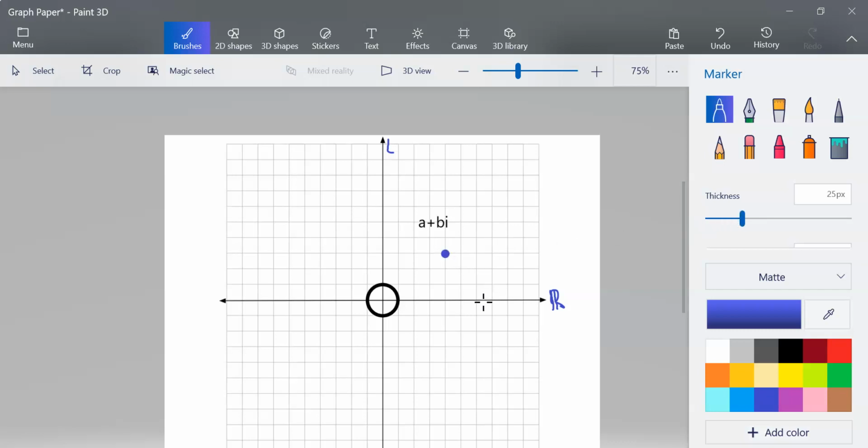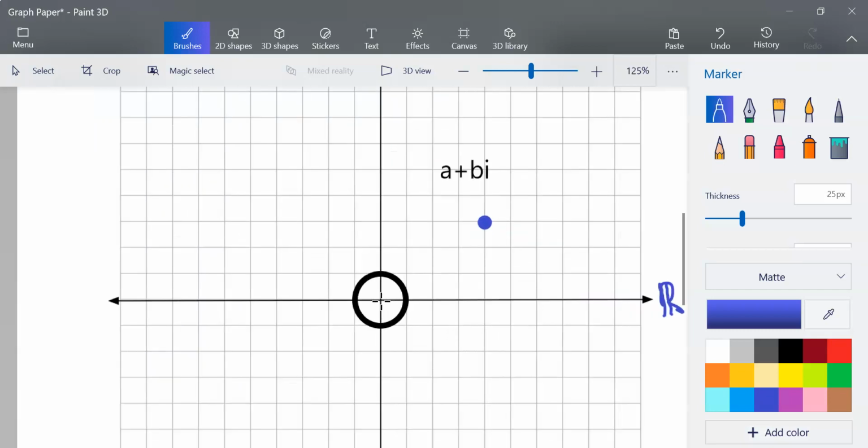So right there would be 4 plus 3i. Okay, so you can map any complex number along this two-dimensional grid. Now, this circle here is the circle of radius 1, so a unit circle on this complex plane. And so if I zoom into this,